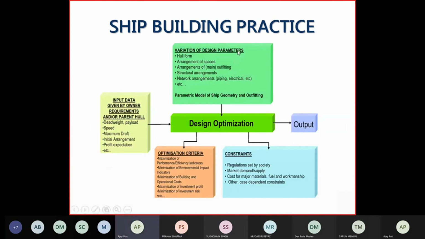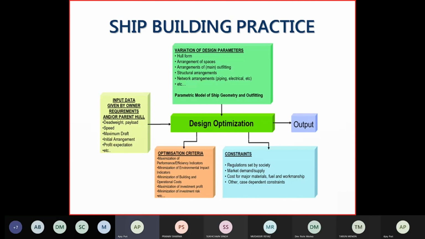Now your various parameters are your input data given by the owner requirement for the hull, that is your deadweight, payload, what kind of speed you require, what maximum draft, initial arrangement, profit, how much the owner wants, what is the return of investment, maybe it is coming in 6 years, he's going to get the money back, or 7 years,